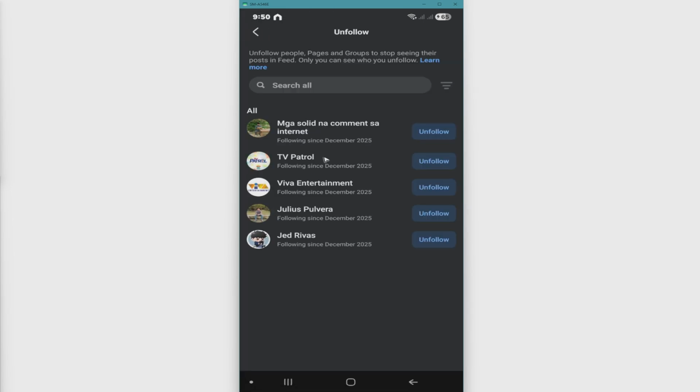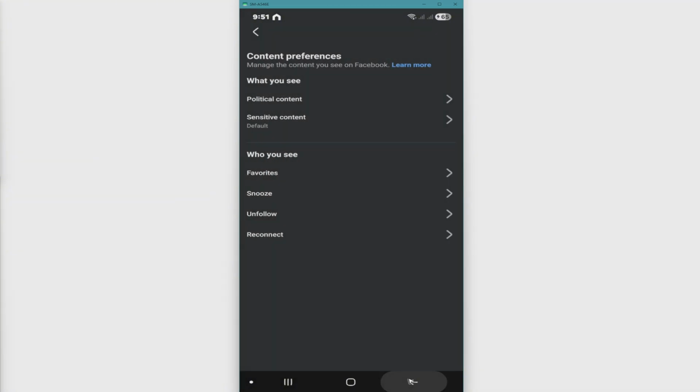And here you'll be able to see a list of the creators that you currently follow. So just tap on unfollow until it's done. And if you're using a creator profile, you can just go ahead and go to your profile